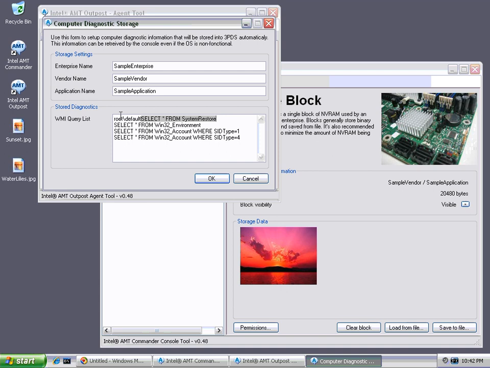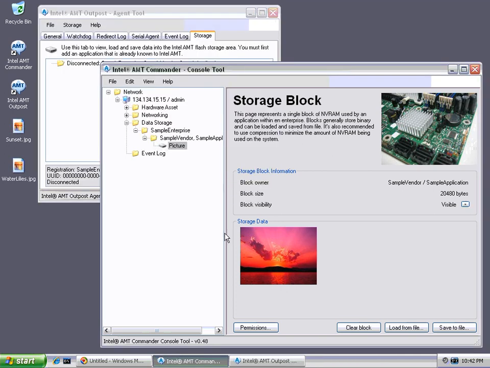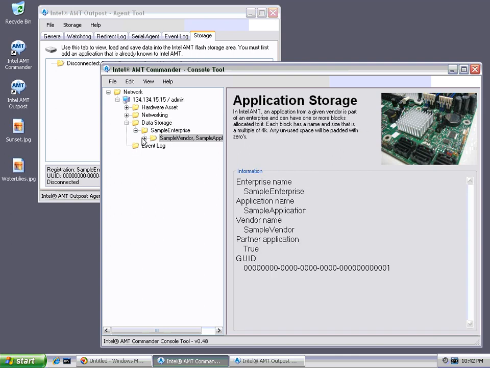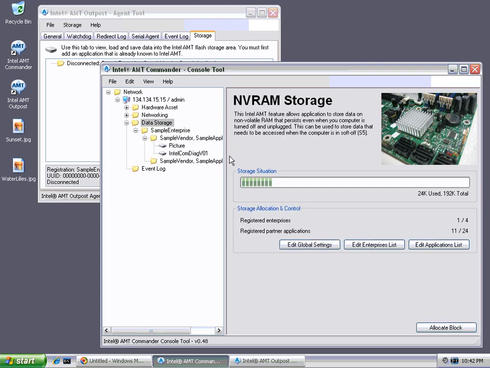So basically what Outpost will do is do these 4 requests in a row, take the resulting data, serialize it to a binary format, compress it, and then push it into 3PDS under this identity. So I'm just going to say OK, and it's going to go ahead and push it into 3PDS. If I right click and say refresh, let's see, I'm going to refresh right here. Now you're going to see that there's 2 blocks that popped up, and I can click on the diagnostic